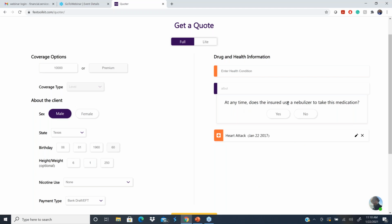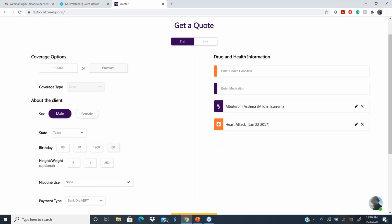At any time, do you use a nebulizer to take the medication? Yes. Okay. Got it. Guys, don't you like how it drills down and asks you all these questions? So I kind of go over the main medical questions. Now I want to double check and go over his medications too, because there could be things that